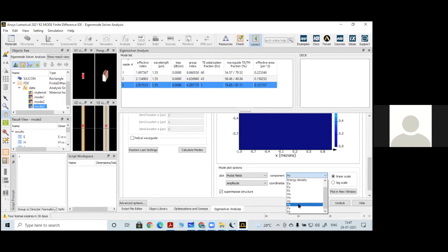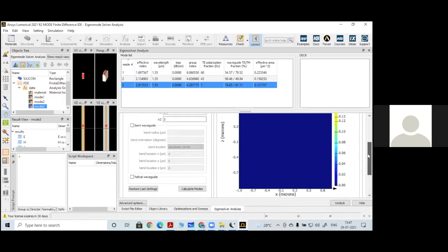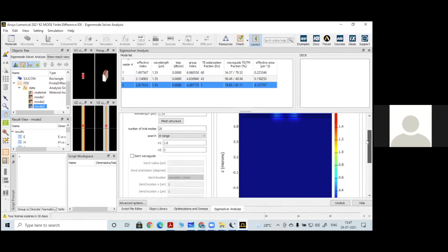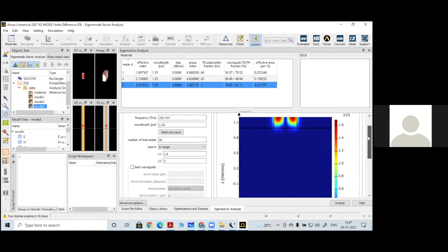So the unit for the electric field confinement is volt per meter, and the magnetic field confinement is ampere per meter. And for this power, since it is a product of electric field and magnetic field, that is from the Poynting vector, the unit will be volt ampere per square meter as per standard SI.